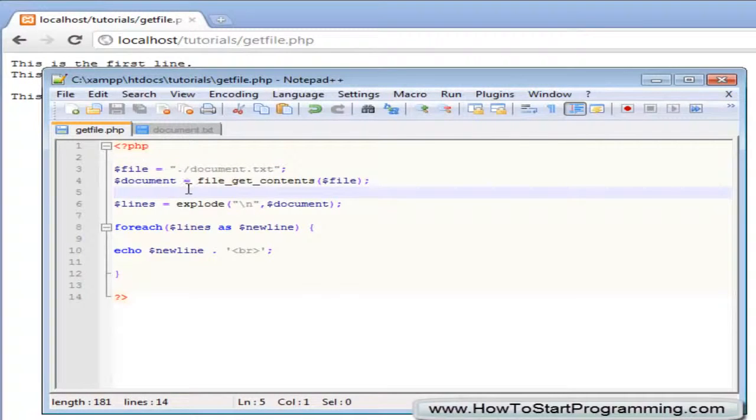But the problem is that it's formatted in a text file, so new lines aren't recognized by HTML. So we make a new variable called lines, and we explode document by each new line. Then we create a foreach loop to go through each line in the result of the explode, and echo out the line and then a break. So we save this,